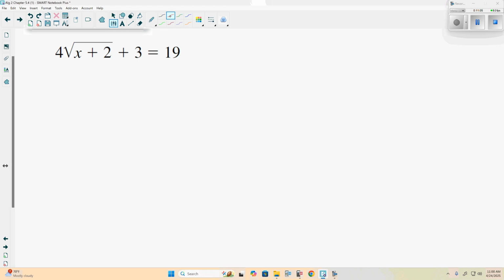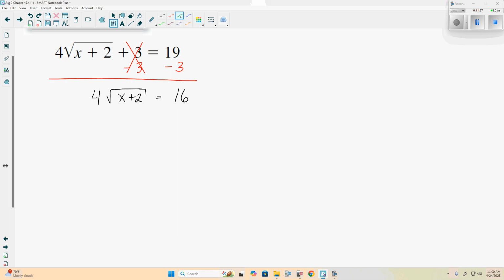Is there one radical? So get it by itself. What would we do first to get the radical by itself? Subtract 3. So those would simplify to 0, leaving us with 4 times the square root of x plus 2 is equal to